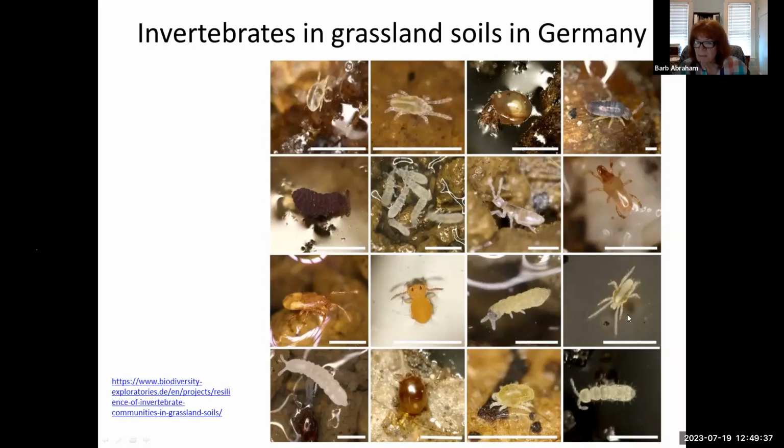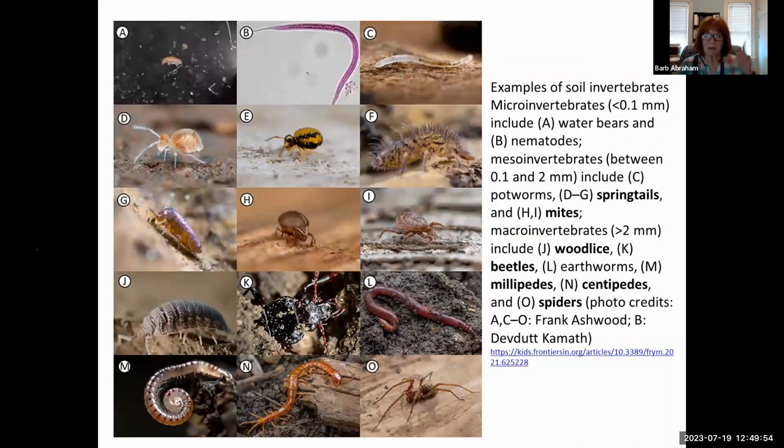What's this? 4 legs, no antennae. A mite? A mite, springtail, or oribatid mite, springtail. So most of these are either springtails or mites, which you would expect. Last one. Okay, and this was really hard. This source is international, but I could not find where this collage came from.